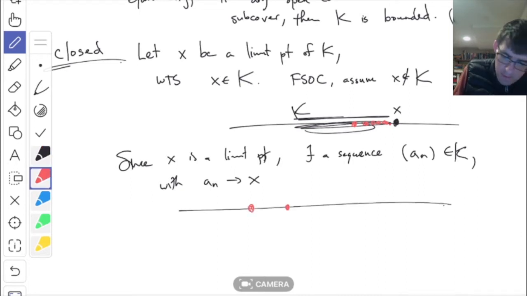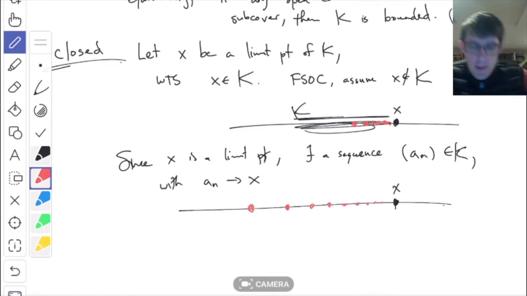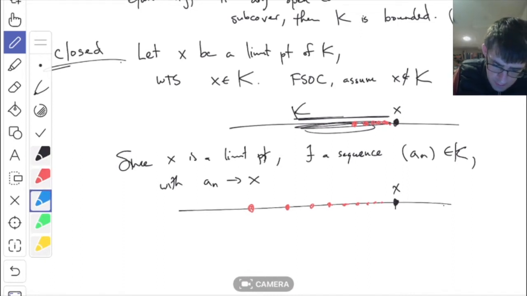What we have here is, let's say X is over here, that's the limit point, and we have these points of my sequence. They converge to X, right? Since they are a sequence, I can make a weird open cover like this. Around every point here, I'm just going to make a cover. So around this point, I'm going to put,